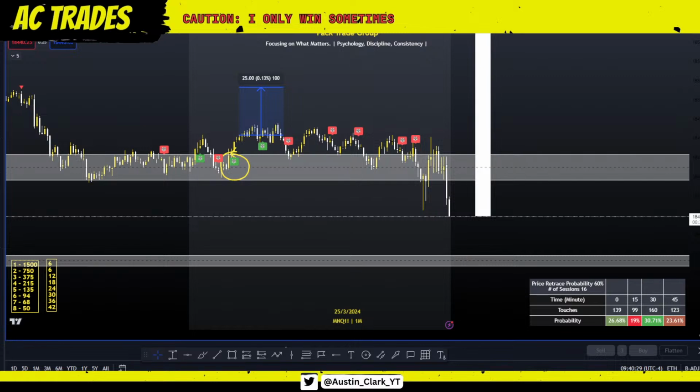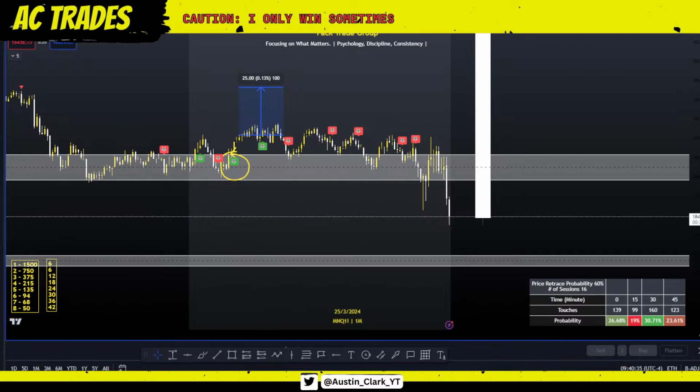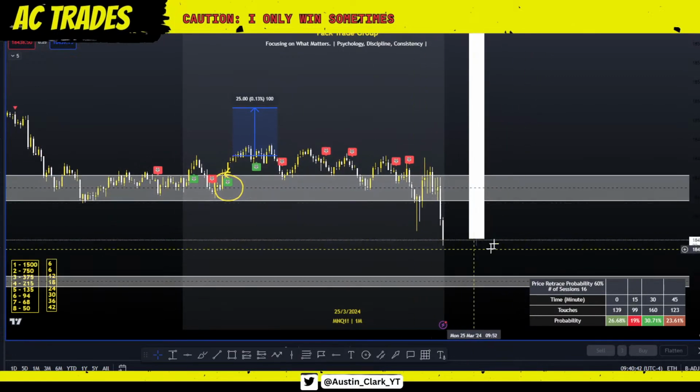Also, for my velocity traders, because we got a lot of velocity traders in the room as well, we are coming up on making a statistical daily low, like in the statistical time frame to make a daily low as well, which plays pretty nicely with the position I'm in.